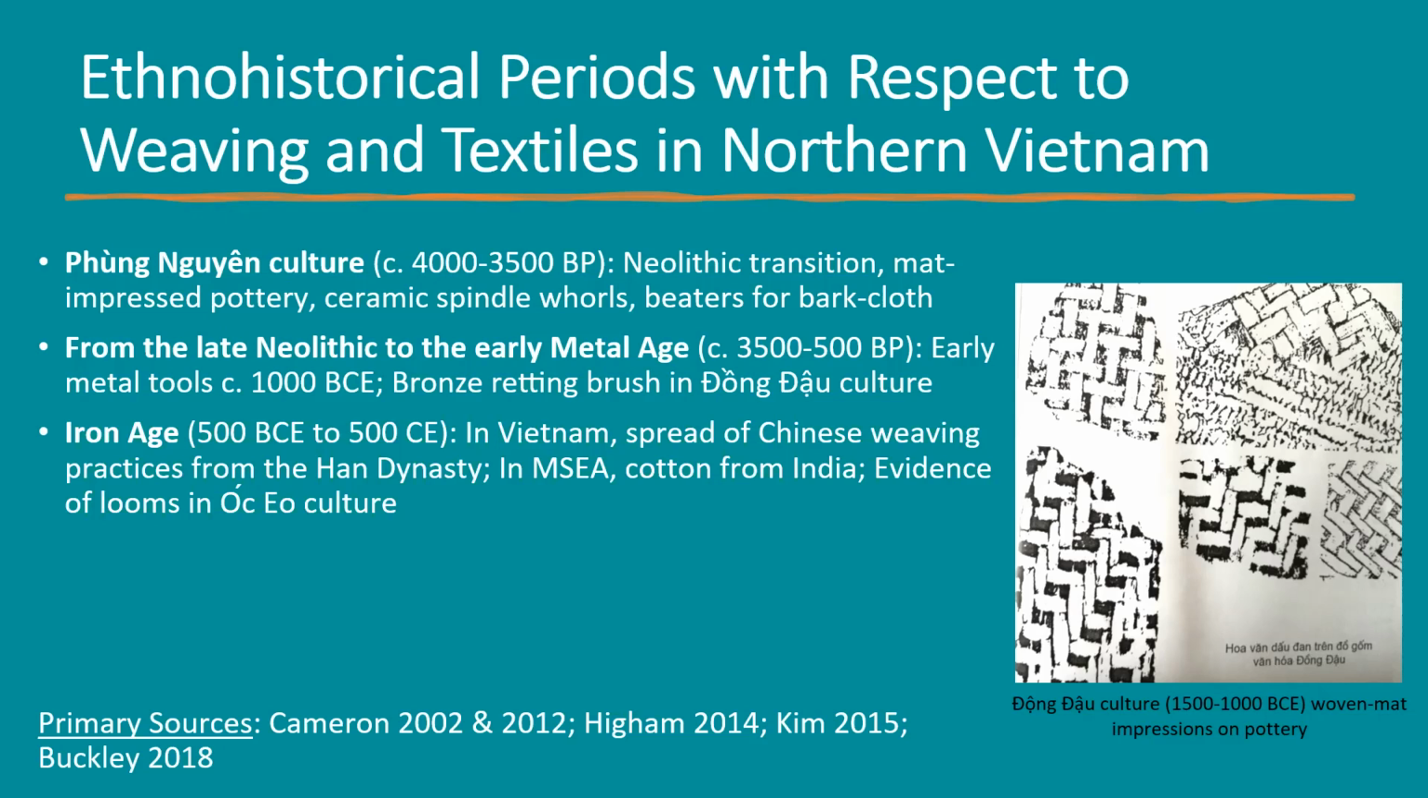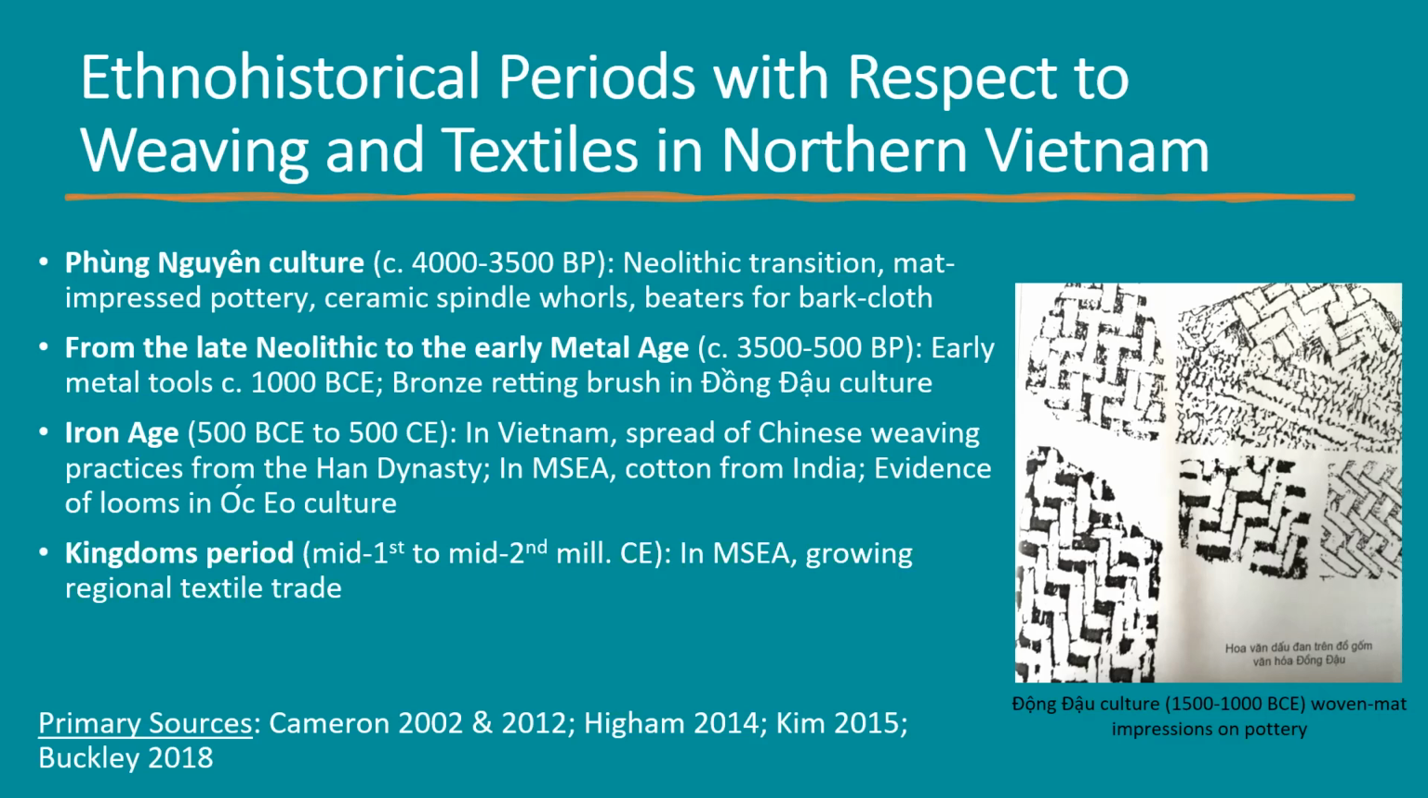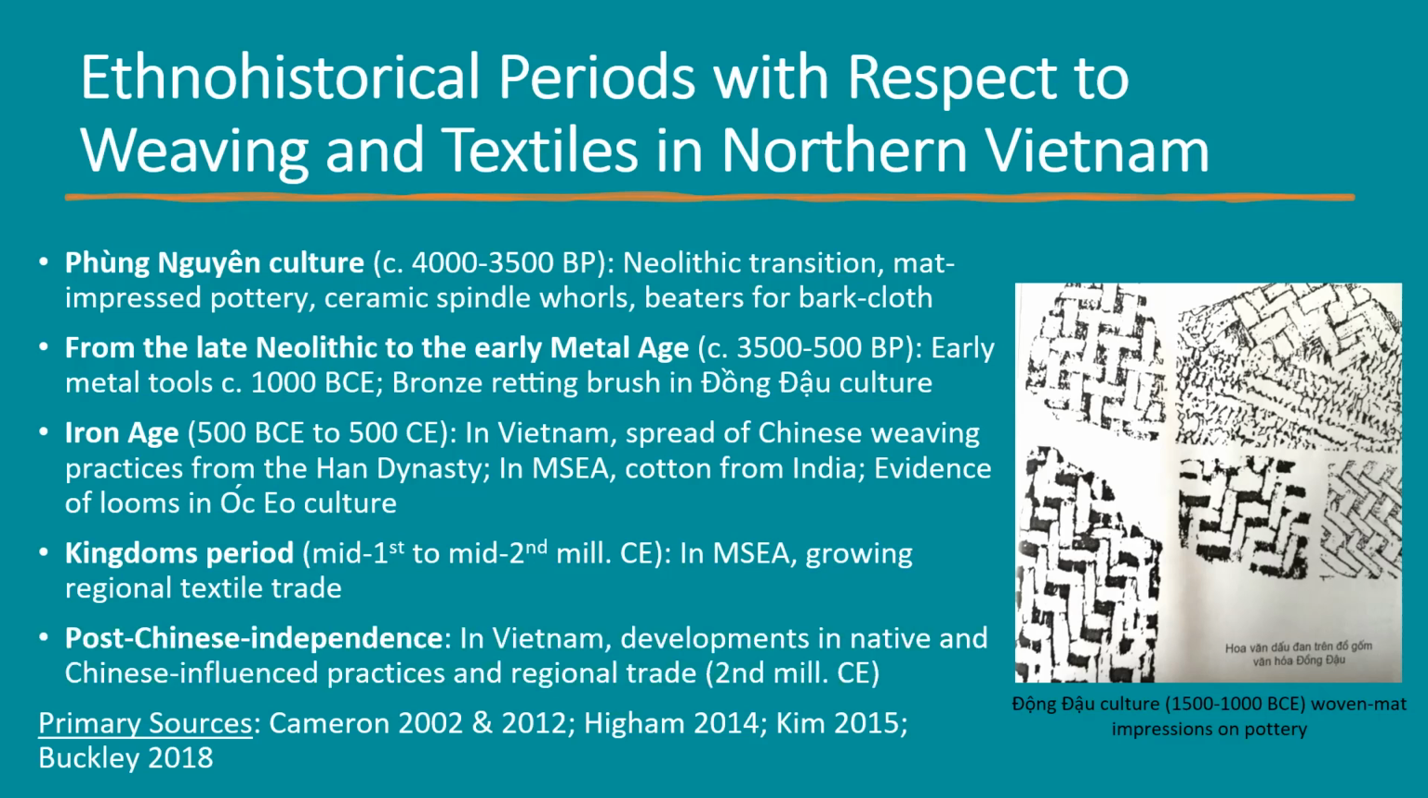Evidence of looms in the Ao culture down in the south, but of course, up in northern Vietnam, we're looking primarily at Chinese influence, and we'll see linguistic evidence of that. And I would just call it the kingdoms period, the Mon kingdom, the Angkor, the Dai kingdoms later on, and growing textile trade,